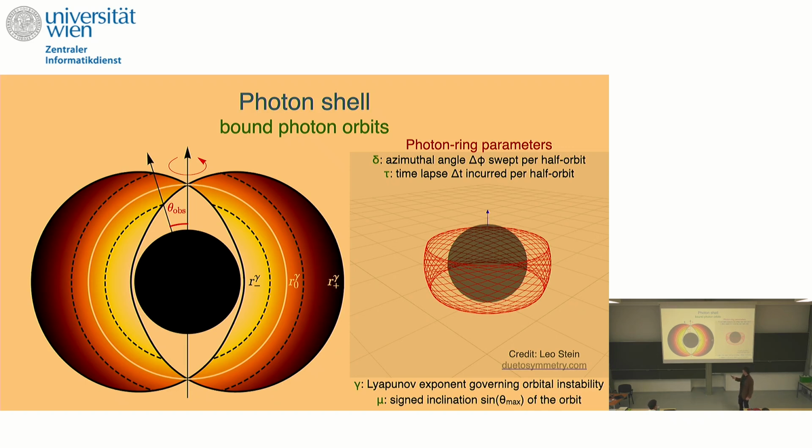On the other hand, orbits, bound photons that lie within the sphere are prograde and have positive spin angular momentum, and photons that are outside of the sphere are retrograde and have negative spin angular momentum. They're counter-rotating with the black hole. And so at the edges, you have circular equatorial orbits. The prograde circular equatorial orbit is the innermost part of the photon shell, and the outermost edge is the retrograde circular equatorial orbit. And for radii in between, the photons bounce up and down